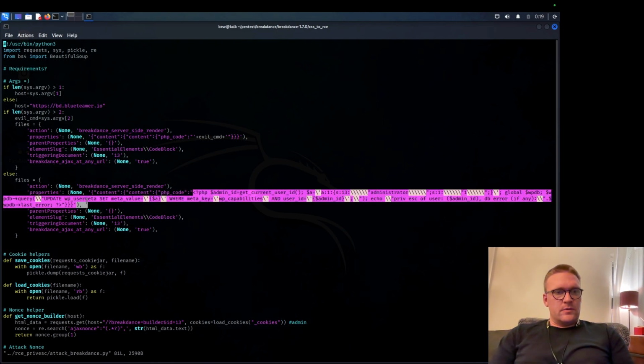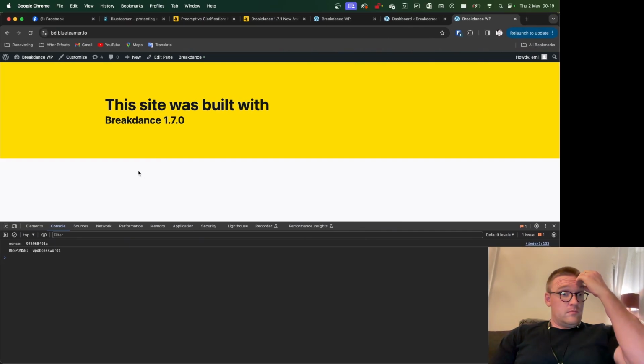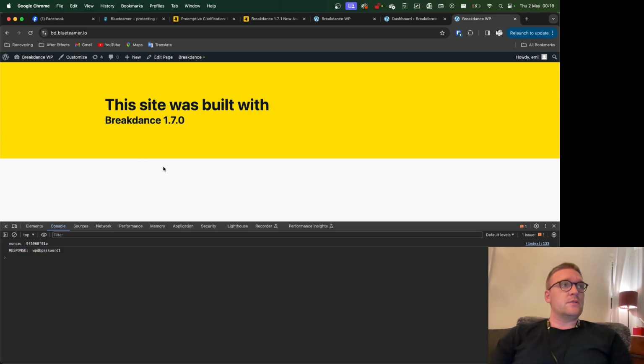This was the script used for privilege escalation. Or that was the PHP used for privilege escalation. Now we just echo the database password. But this is how cross-site scripting can be used along with Breakdance to escalate from XSS to remote code execution